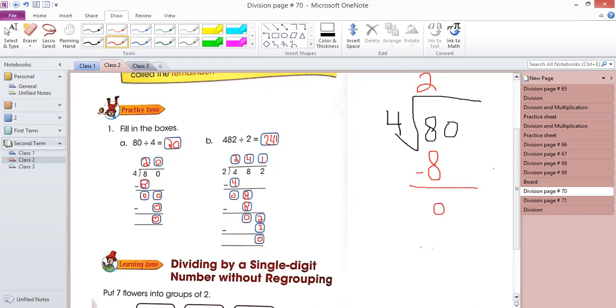Now, you have to divide this 0. Remember guys, you have to divide this 0. This is not finished. Division is not finished yet. This 0 is your remainder, but this 0 you have to divide. Whatever the number here is, you have to divide. So this 0 you have to divide now.